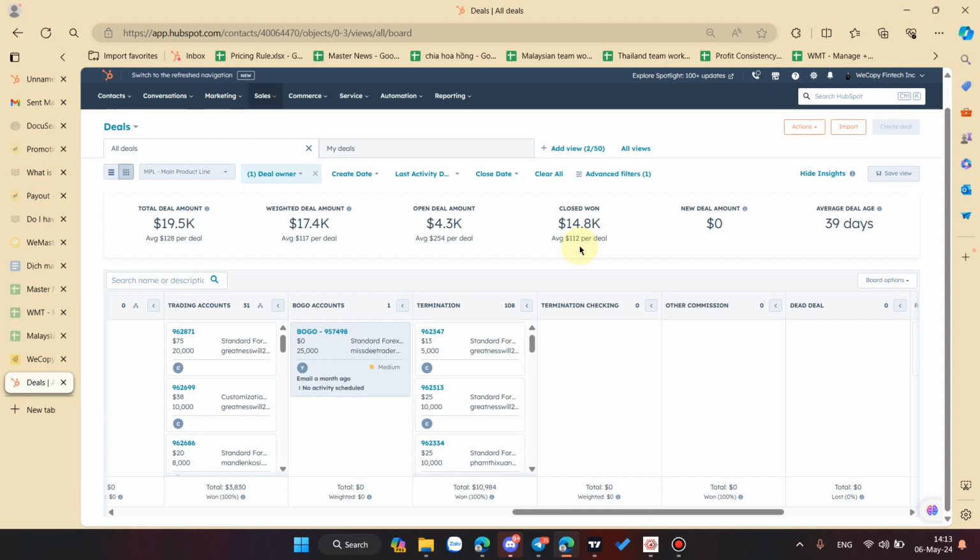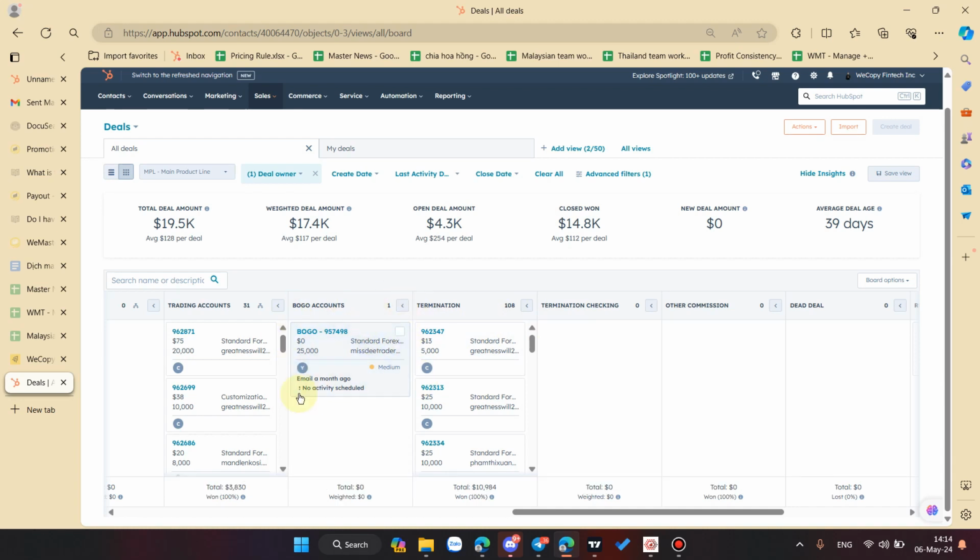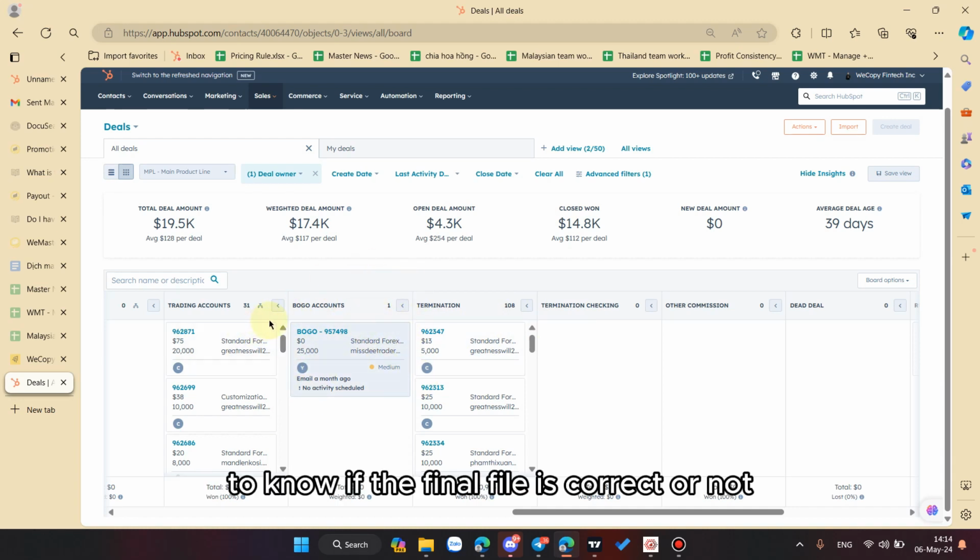They check the deals of that month and put them into the pay slip or the file, so you have to recheck this to know if the final file is correct or not.